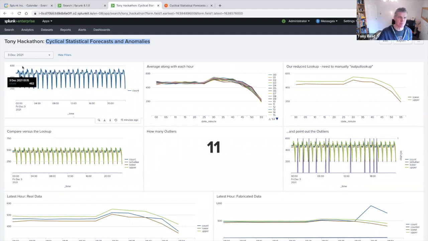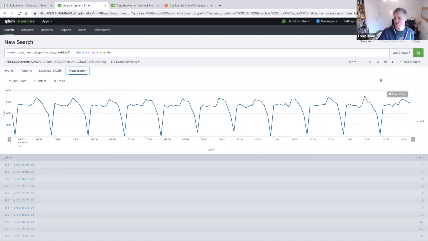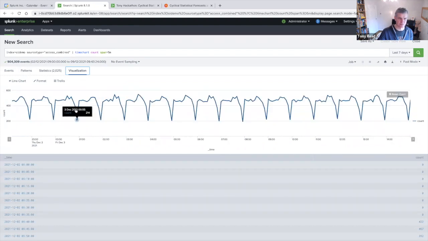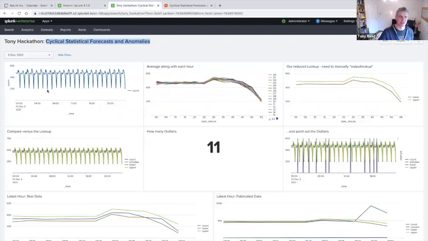Here's that same data. I'm actually looking at the 3rd of December now, let me reset. I've drilled in on this to this very first day, right back here in the beginning, the 3rd of December, somewhere around about there. So now I'm looking at that same period here. Here we go. Each hour folded in on itself is showing a fairly clear repeat, just using that timechart command. And as I said, Splunk is just infinitely capable of showing you your data in any way